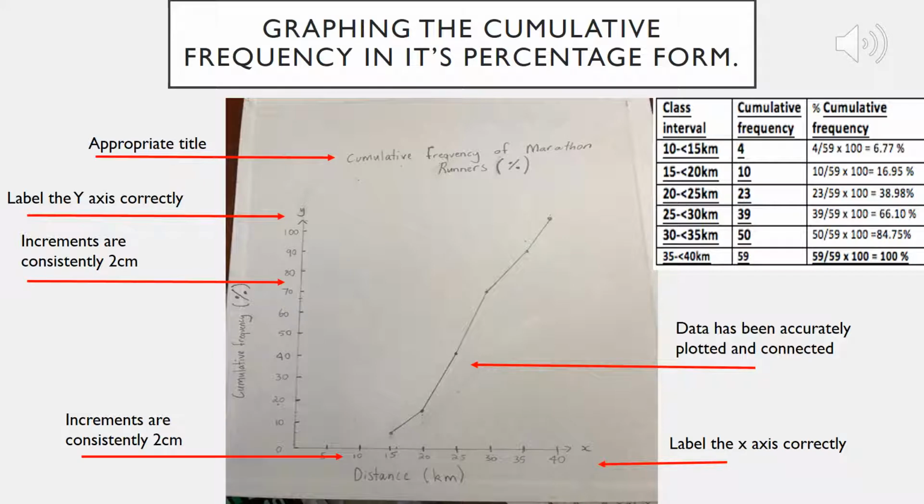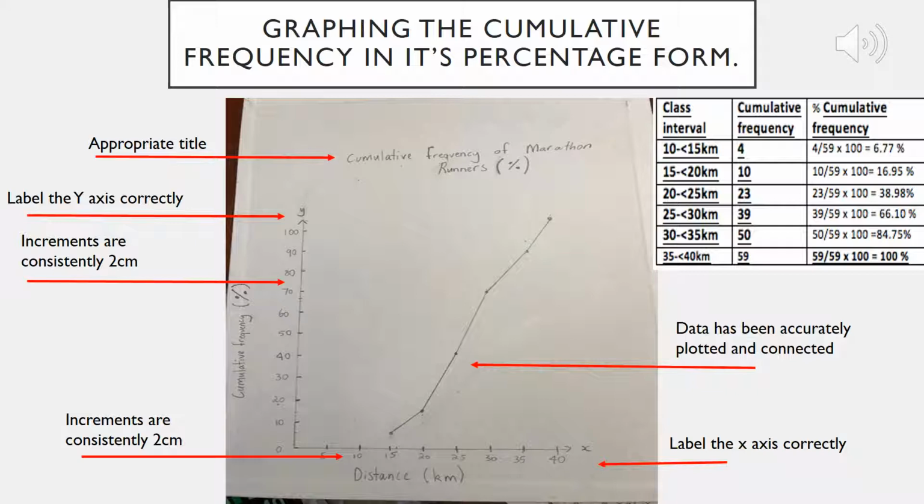Now that the student has calculated the cumulative frequency in its percentage form, they will use these calculations to draw a curve graph because that is what the question is specifically asking for. The formatting of the graph is of utmost importance and must be completed in the following way in order for the student to achieve an A. The student has to give the graph an appropriate title, which they've done, label the X and Y axis correctly, taking into consideration that the